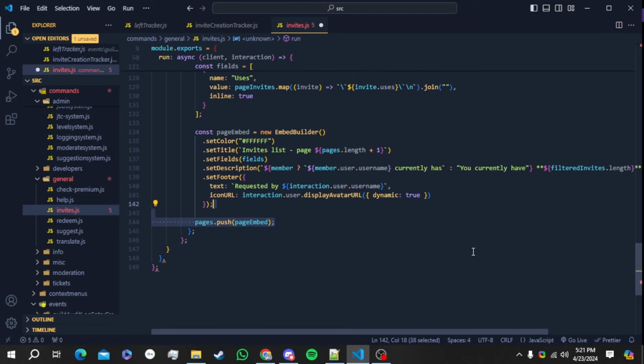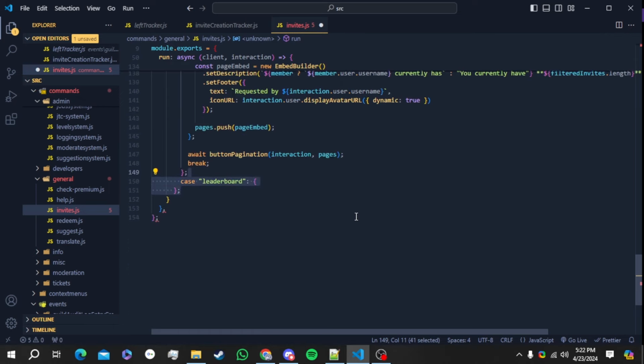Pages.push, page embed is going to be next, and then we're going to await button pagination to be the interaction and then the pages, and then we're going to break. In case the command was leaderboard, we're going to get all member data from this invite schema, which uses the guild ID. We're going to define member uses to be from guild.members.cache,